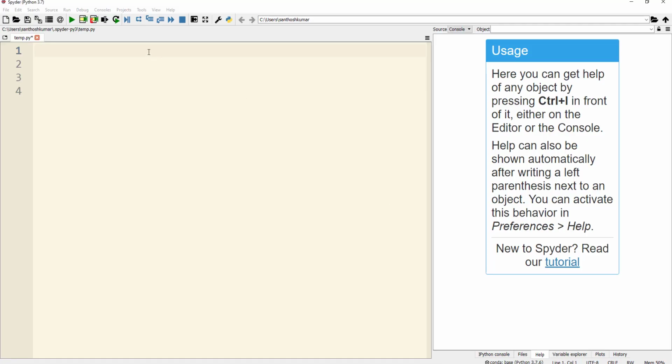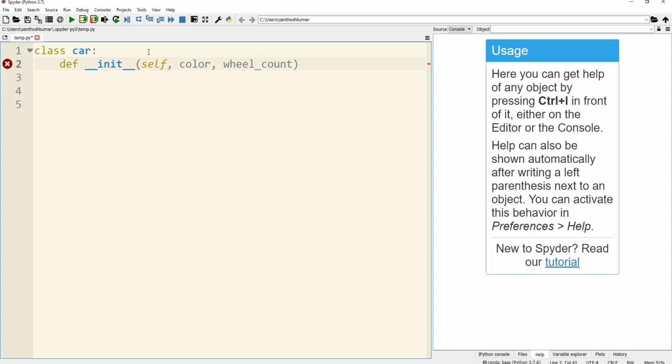To start with, I am going to define a class by name Car. In the Car class, I am going to initialize the attributes. There are two attributes which I am going to initialize. One is the color attribute, and the second one is the wheel_count attribute.